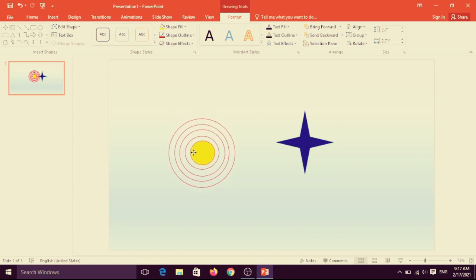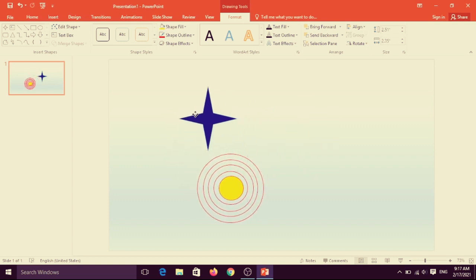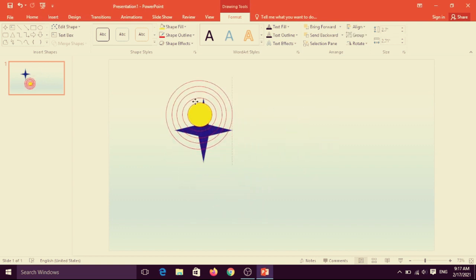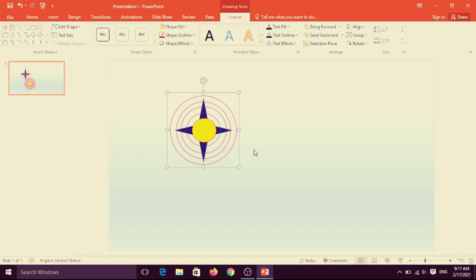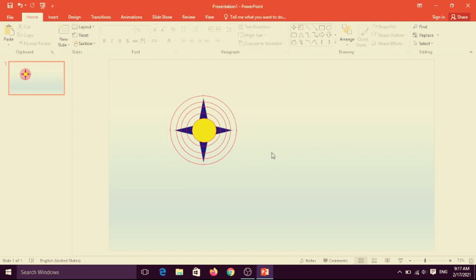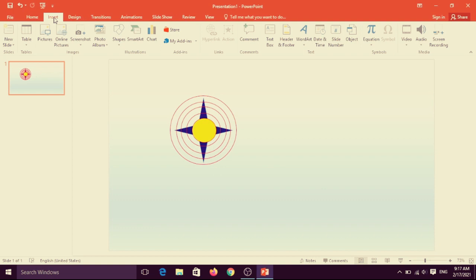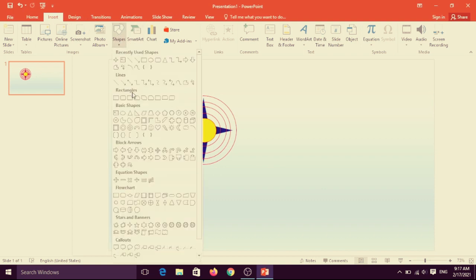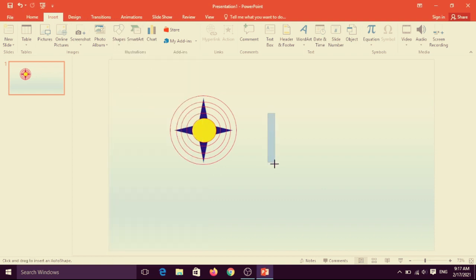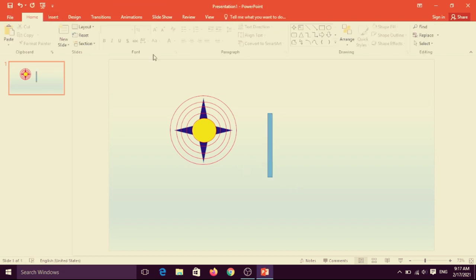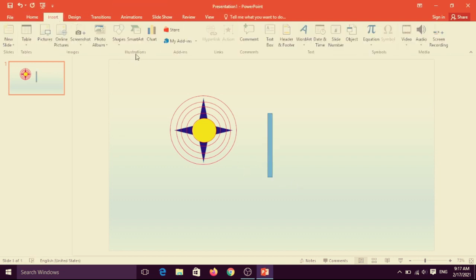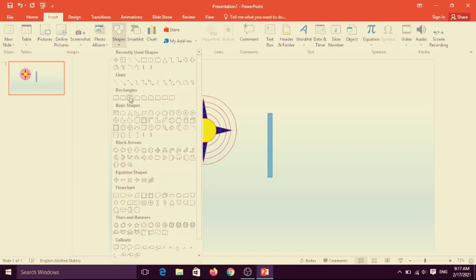First you have to make this and click on this one, and then make the shape for that. Copy and choose the rectangle type. Once again, choose the oval shape.